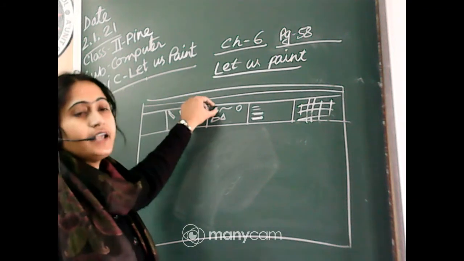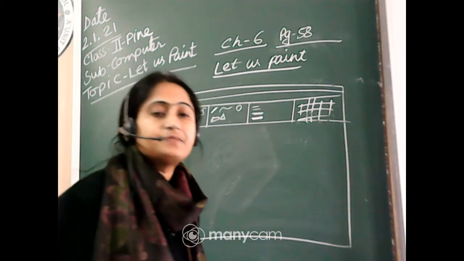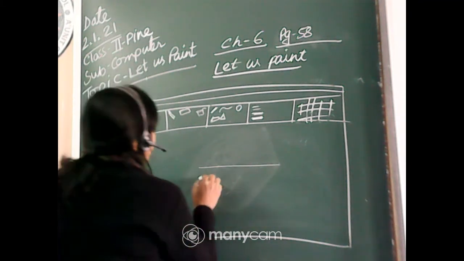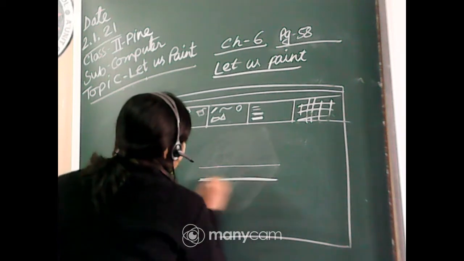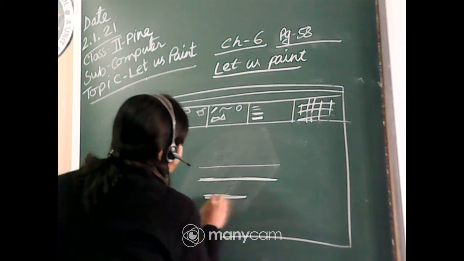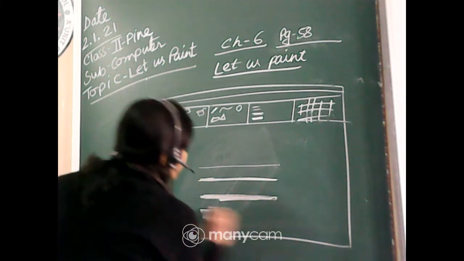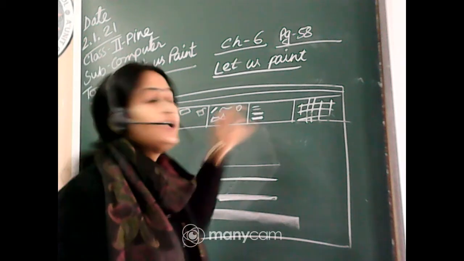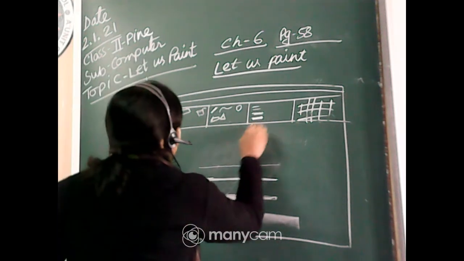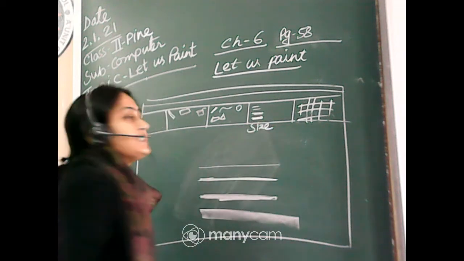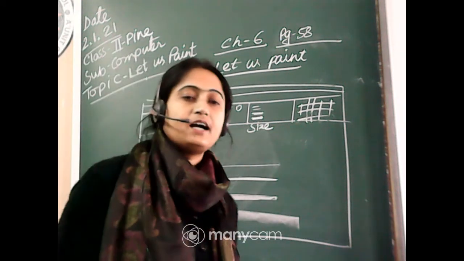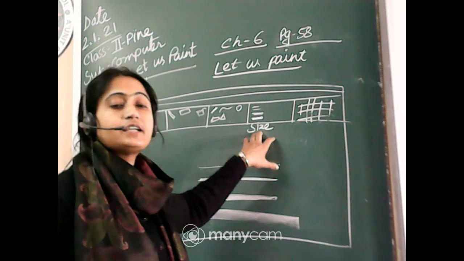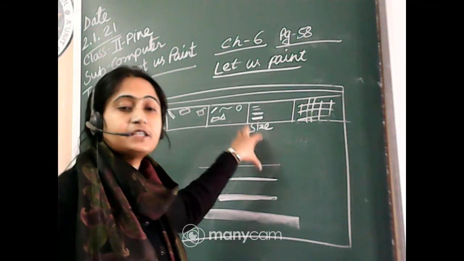After selecting the line, you can choose the thickness of the line. Someone wants to draw this thin line. Someone wants to draw this type of line. And someone wants to draw a little bit thick line. So you can choose the line thickness from the size button. Before the color one button, there is a size button. You can choose the thickness of the line from the size button.